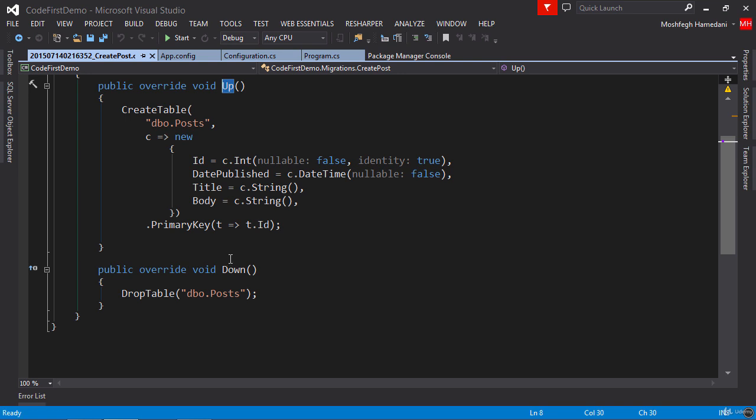Now let's see what's happening inside the Up method. So there is a call to this method, CreateTable. It tries to create a table called Posts with these columns. So Id, which is an integer, it's not nullable, and it's identity. DatePublished is a DateTime, and it's not nullable. And we have two more columns, Title and Body, they both are strings. And finally here, there is a call to the PrimaryKey method, which specifies that the Id column should be set